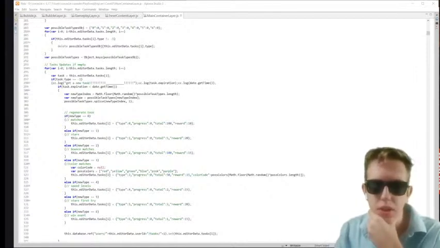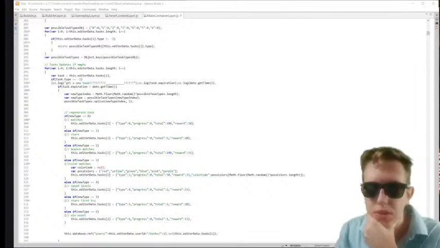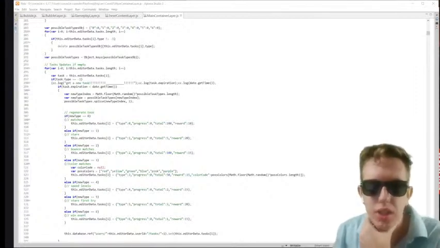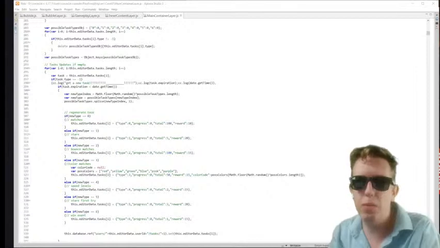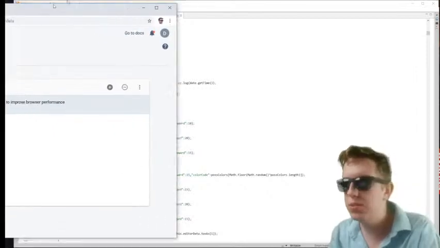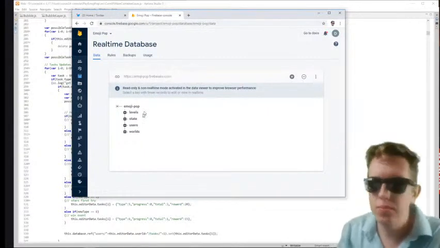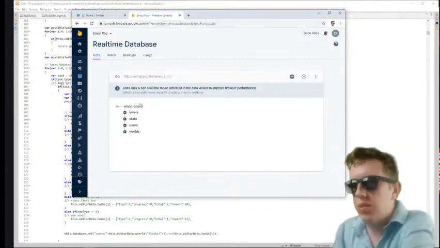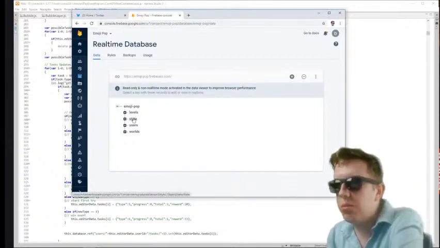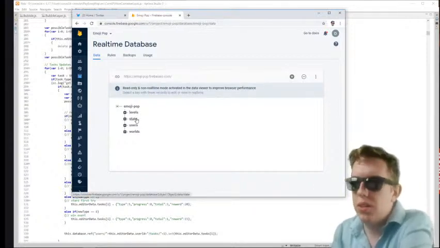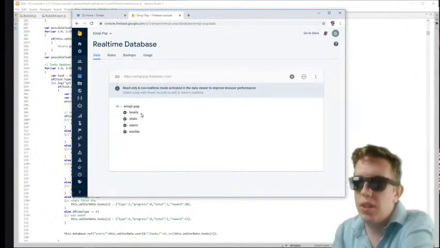Cool, so I think there's no personal information here. It's just hard because if anyone gets an app ID, they can totally screw you. Okay, so this is my database. It's called Emoji Pop by name. I'm just checking to make sure everything's good. Yeah. So it has a few different things in it. It has levels.